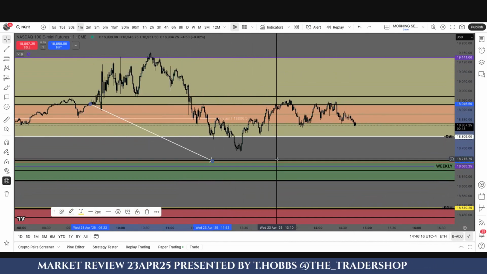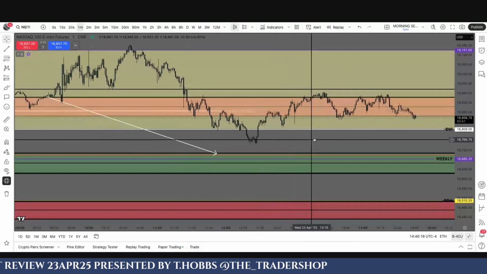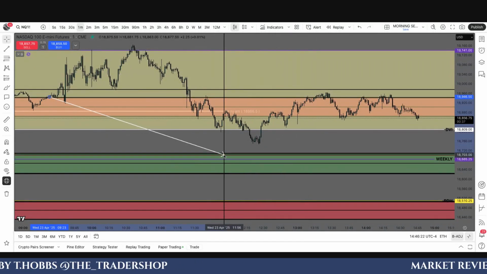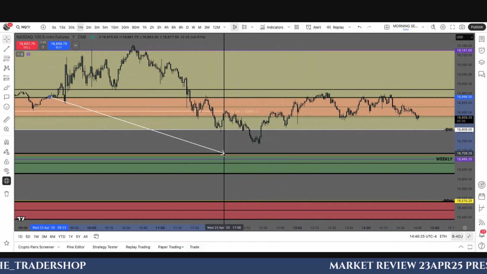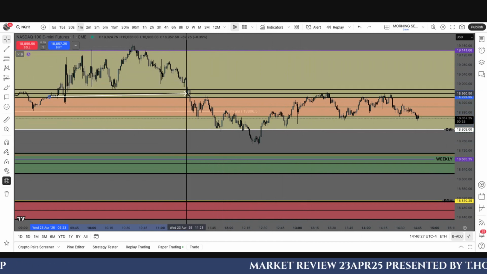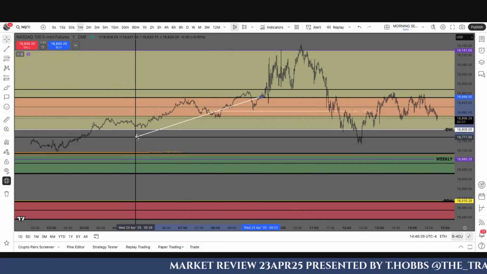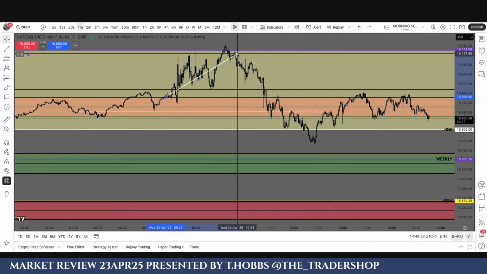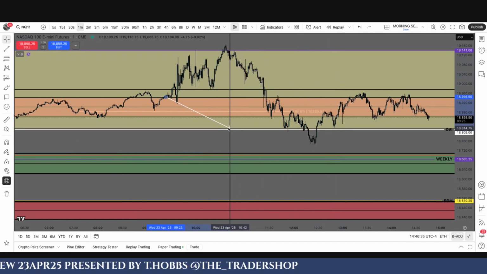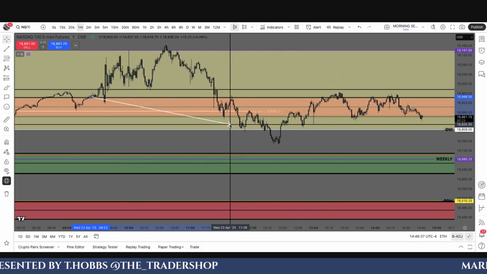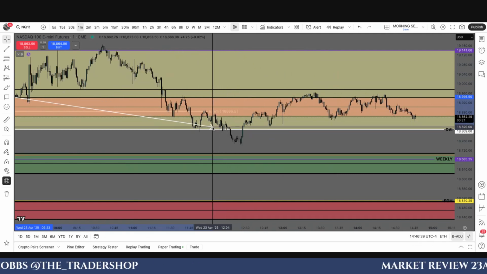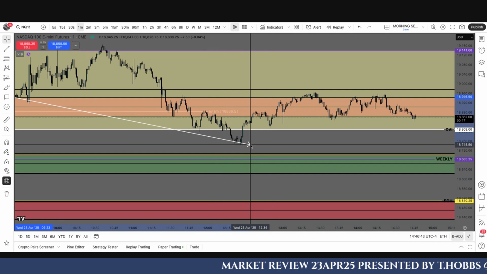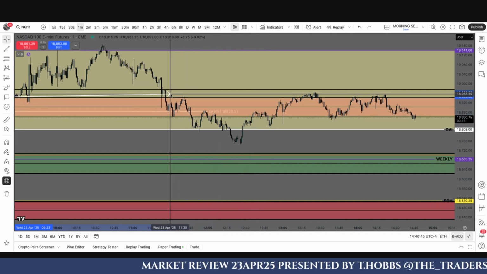But unfortunately, as you'll see when I go over the other instruments, there was a huge divergence in strength today between the NASDAQ, ES, and Dow Jones. The NASDAQ was actually stronger. As you can see, we were able to trade all the way up into the volume imbalance, where the other two instruments either didn't make it to the volume imbalance or barely made it. And they both swept midnight to the downside because they didn't go up as far, right? So when I saw that, I started to just trail.